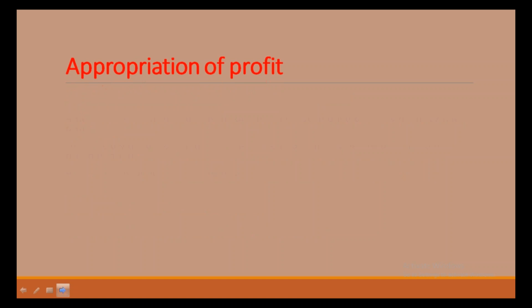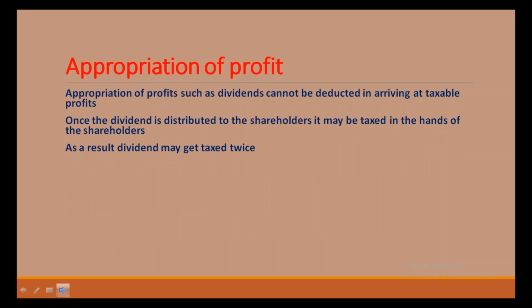Okay. Now we come to a very, very important area. This is a key area. This is all about the appropriation of profit. Now, when a company makes a profit, let's assume the company has made a profit of 100,000, and after making the profit of 100,000, the company will have to pay company taxes, whatever the company taxes, and after taxes,